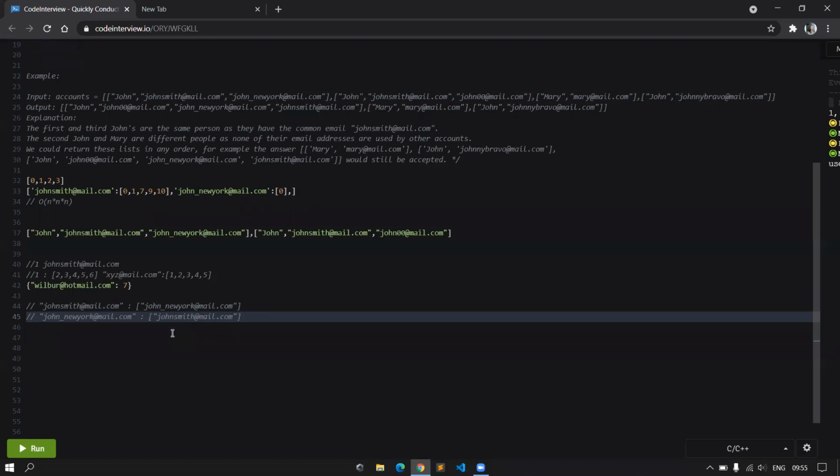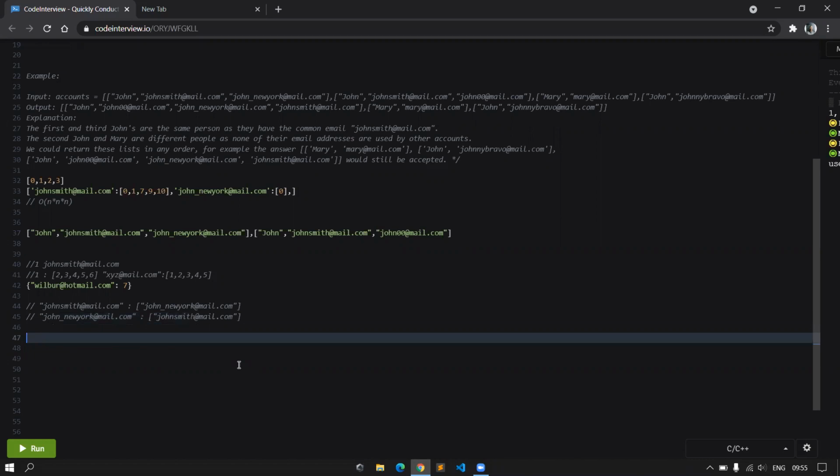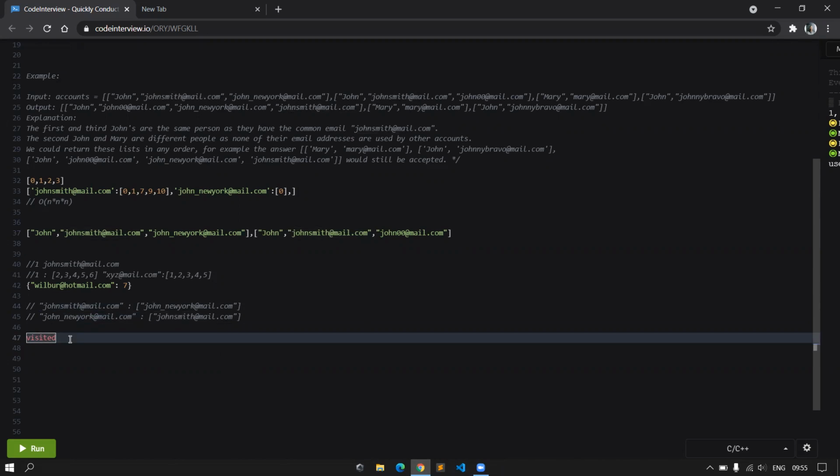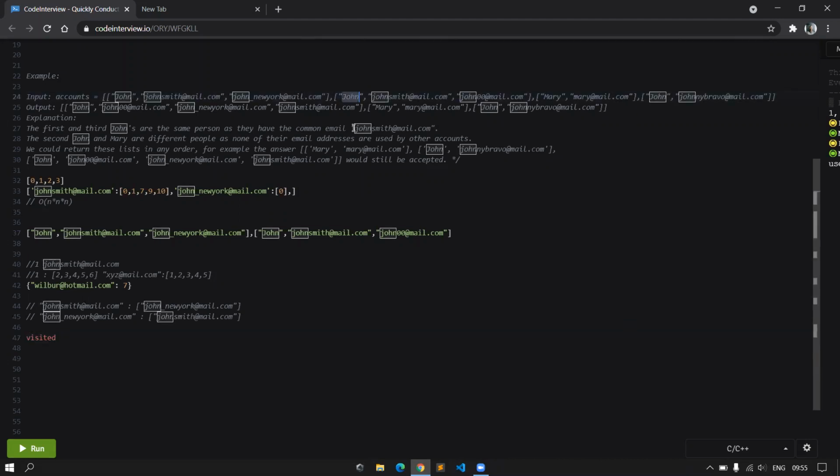Okay. So let's say you have your graph constructed. How do you actually produce the output from a constructed graph? Now I will be needing another dictionary which would be visited. This will mean whether I have visited a particular string or not. If I already visited a particular string, it means that it would be common to some previous string which we have already computed. So I don't have to include the current name in my final answer.